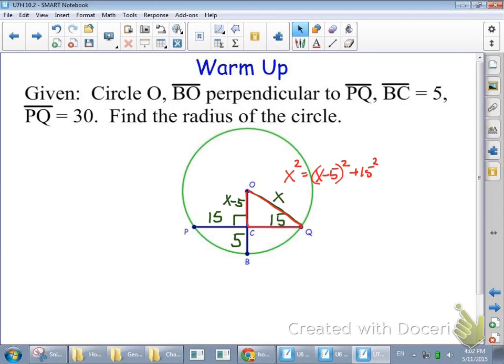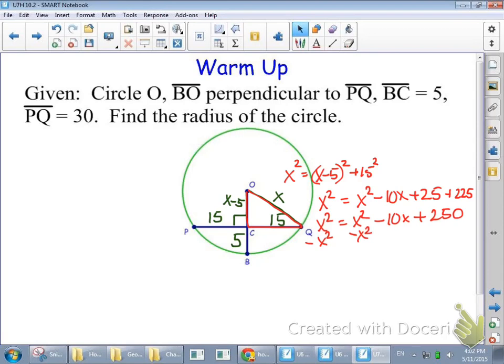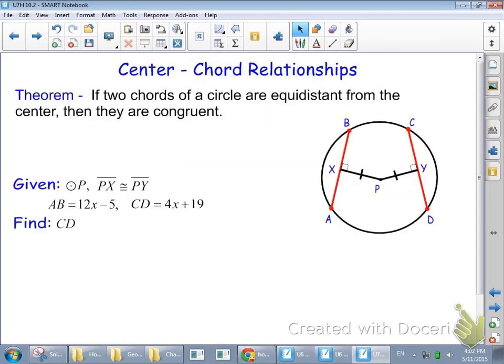So now let's multiply this out. So we have x squared is equal to x squared minus 10x plus 25 plus 225. So x squared equals x squared minus 10x plus 250. If you notice here, if I subtract the x squared from both sides, it actually gets eliminated. So moving the 10x to the other side, I have 10x is equal to 250. So x is equal to 25. Okay, so how did you do? All right, moving on to the next